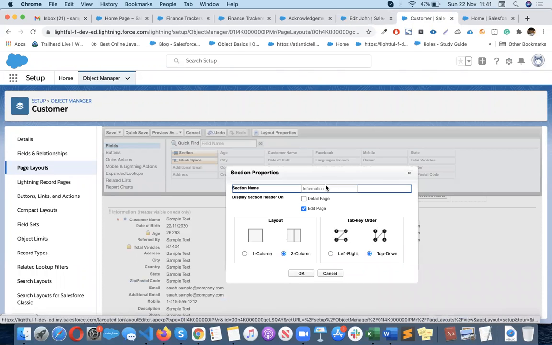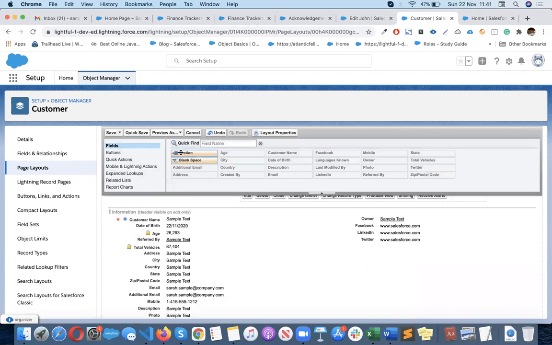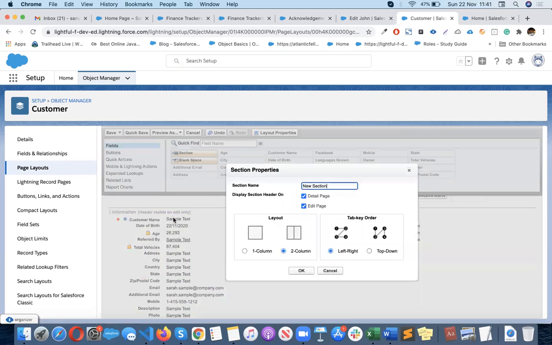This is the standard section provided by Salesforce. If you want to, you can use it or no need to use it. I'm going to create a new section. Let's say we call it customer personal info. This label is visible on the